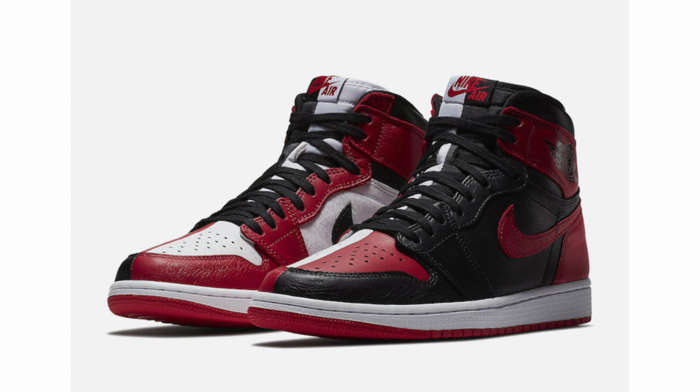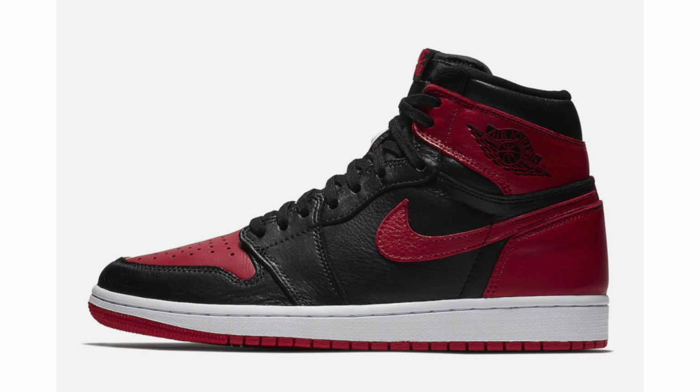You guys might remember that back in 2018, Jordan Brand released the Air Jordan 1 Homage to Home. There was actually two versions that released. One was numbered, one was non-numbered, and now we've learned that there's going to be a restock on this pair, as well as the Satin Black Toe. Now, unfortunately, this is an exclusive to Taiwan,